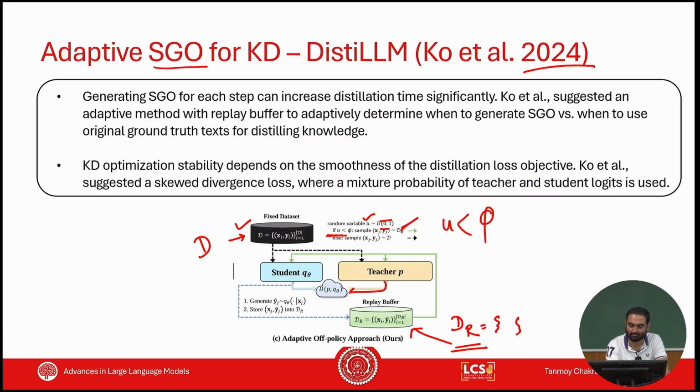and you retrieve the logits from the teacher, you retrieve the logits from the student, and you calculate the KL divergence, right? But if U is greater than or equal to phi, then you essentially retrieve the ground truth data, and you do the same thing. And over time, this threshold value phi gets reduced, meaning that over the iterations you start retrieving only the students' responses,